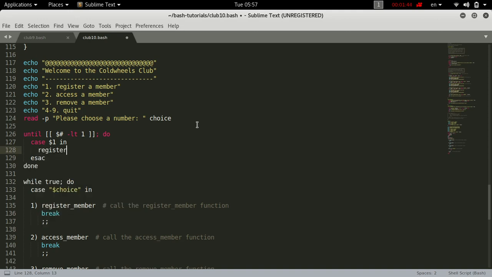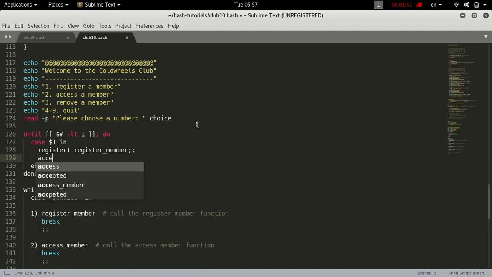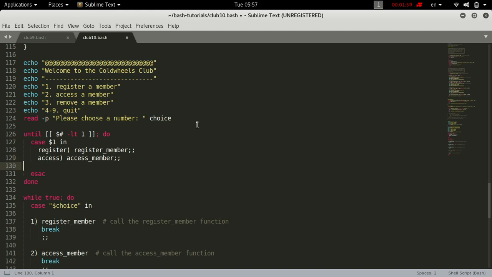So in case it's register, then what we'll do is invoke the register member function. In case it's access, then what we'll do is access member. And finally, we're going to remove. So that's remove. Wow, I have a lot of difficulties typing. Remove member. And well, that's it. So what the program does is, until the number of command line arguments, and $# means